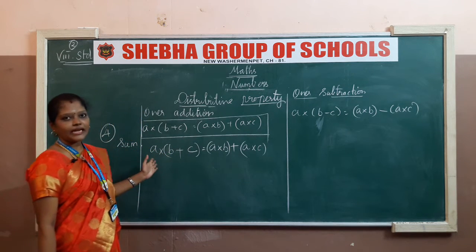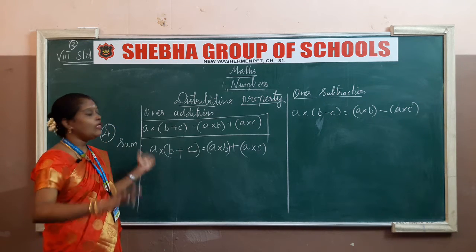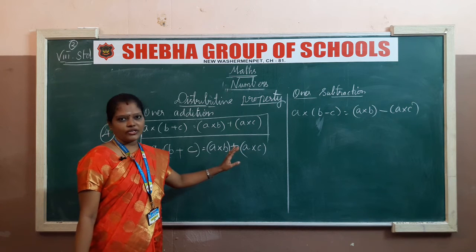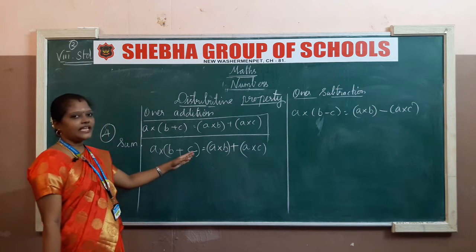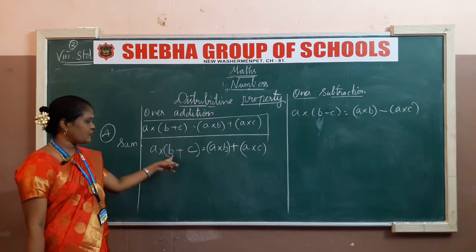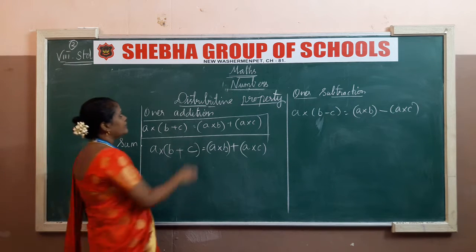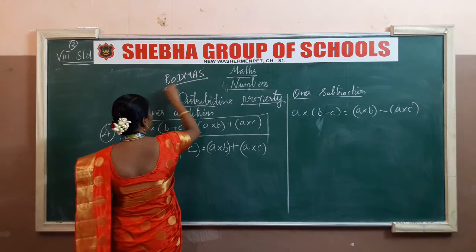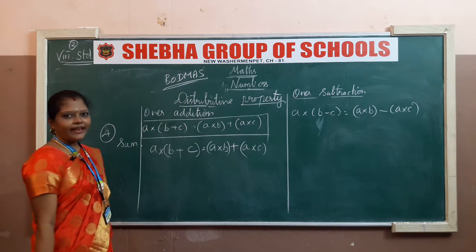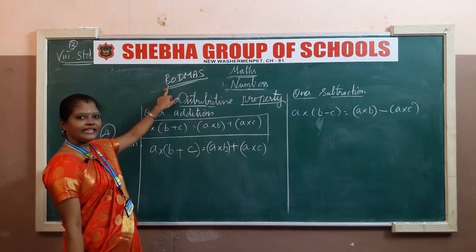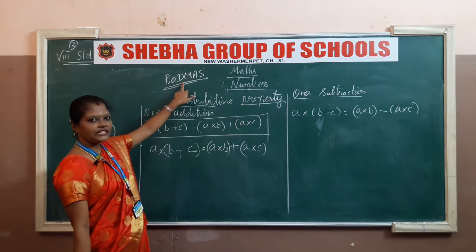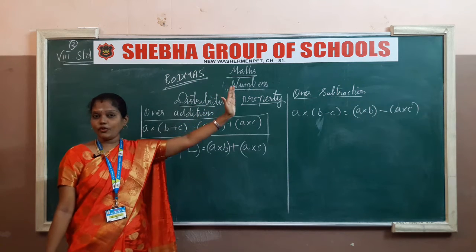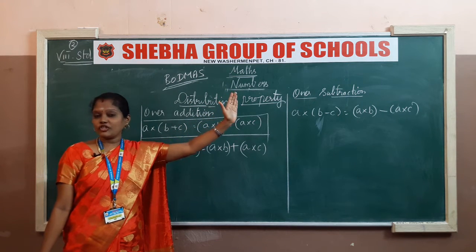In the left hand side it consists of only 3 rational numbers. When the numbers are on the right hand side, it will become 4 rational numbers. Clear, children? This is also the same thing. While doing the left hand side, first we complete the bracket. You already learnt in BODMAS, isn't it? What is BODMAS? While doing calculations, first we have to complete the bracket, afterwards division, multiplication, addition, subtraction. These are the basic steps when all the operations come.